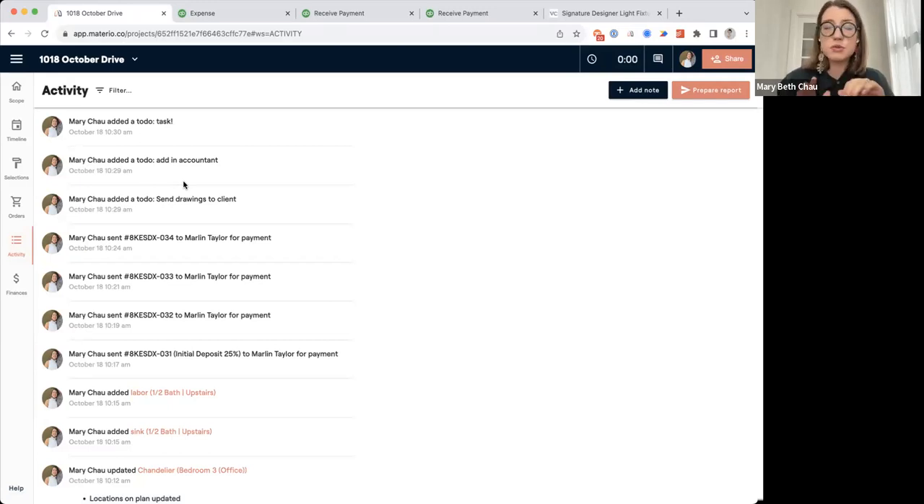In the mobile app, we make it super easy to add multiple photos and notes. That's really handy for when you're in the field, on the site, at your project with your client, trying to take notes or document what's happening. Those are all going to come to your activity feed, but you can also do this from your desktop or